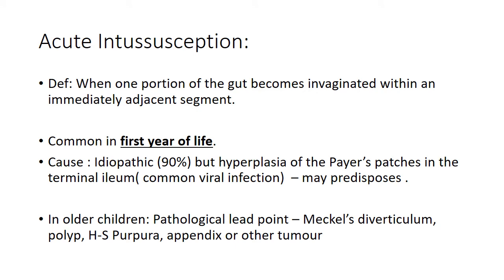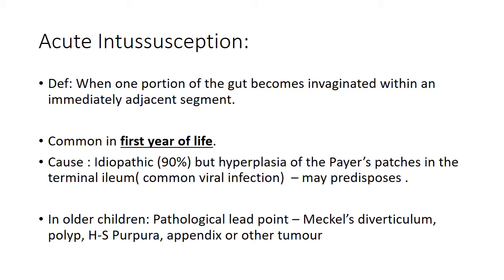Now learn about acute intussusception. Intussusception usually occurs when one portion of the gut becomes invaginated within an immediately adjacent segment. It usually occurs in the first year of life with peak incidence between 5 to 10 months of age. About 90% of cases are idiopathic, but many are associated with hyperplasia of Peyer's patches in the terminal ileum secondary to